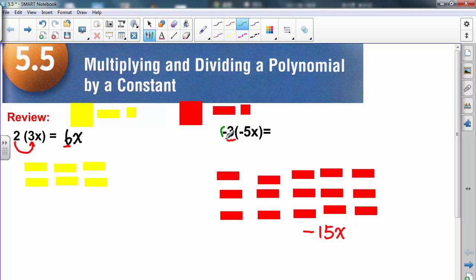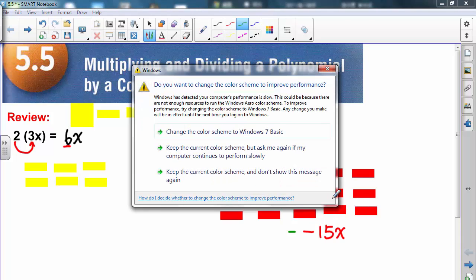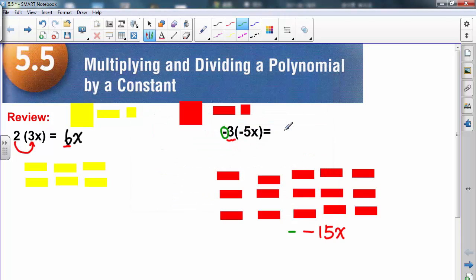But we still have a negative sign in front of 3. So this negative times this negative 15, negative 15 becomes positive 15. Or we can say this negative sign allows me to flip the color of those rods. So I need to change all those 15 red rods to 15 yellow rods. So the answer is